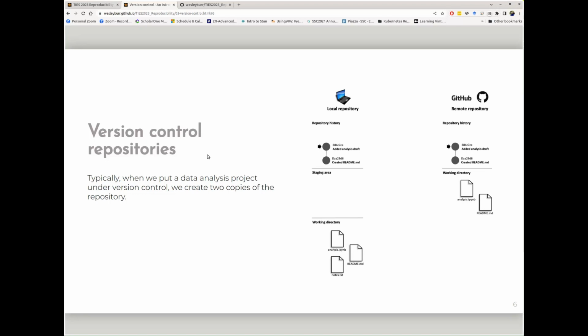So how does it work? Well, the history itself and all of the files are synchronized. So what we have here is the remote repository on the right-hand side has two steps: the initial creation of the README and the local pointed head where it says that the analysis draft has been added, with two files, the README and an analysis IPYNB, which is an IPython notebook. These two files are there and they're current versions.